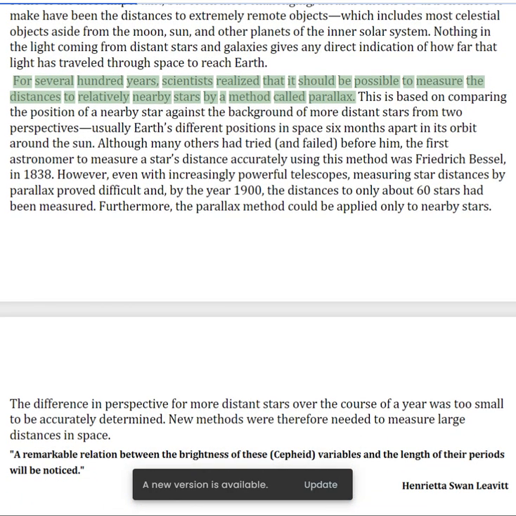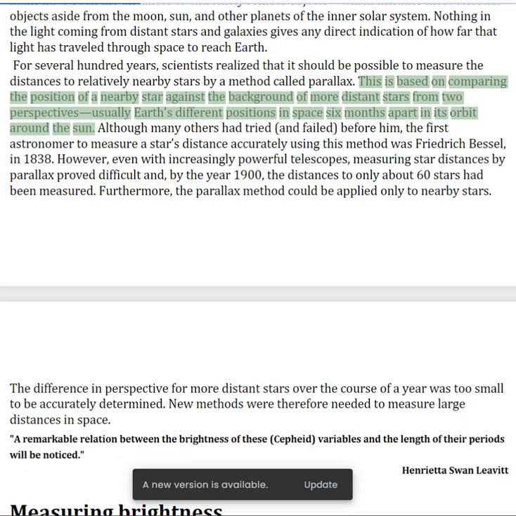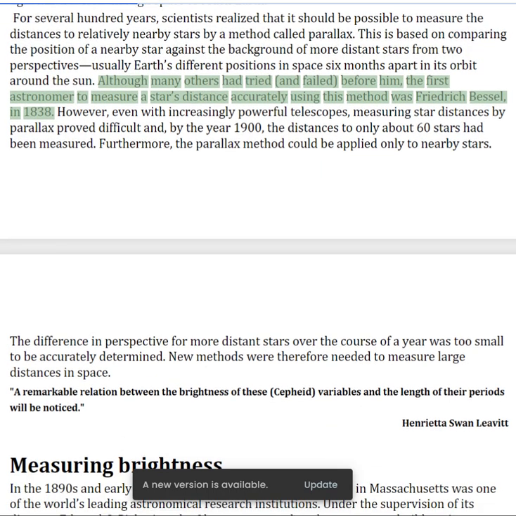For several hundred years, scientists realized that it should be possible to measure the distances to relatively nearby stars by a method called parallax. This is based on comparing the position of a nearby star against the background of more distant stars from two perspectives, usually Earth's different positions in space 6 months apart in its orbit around the Sun. Although many others had tried before him, the first astronomer to measure a star's distance accurately using this method was